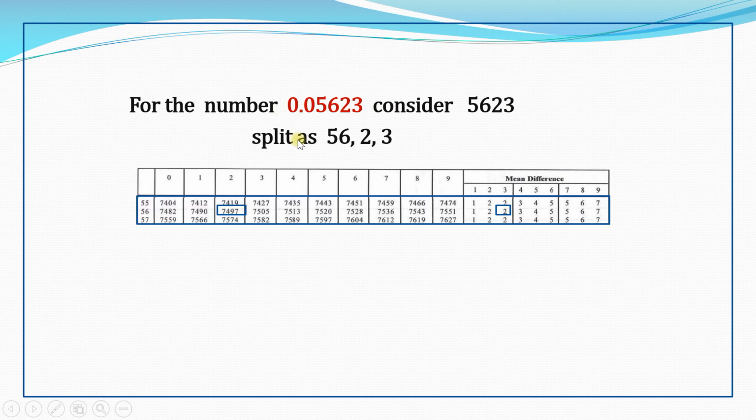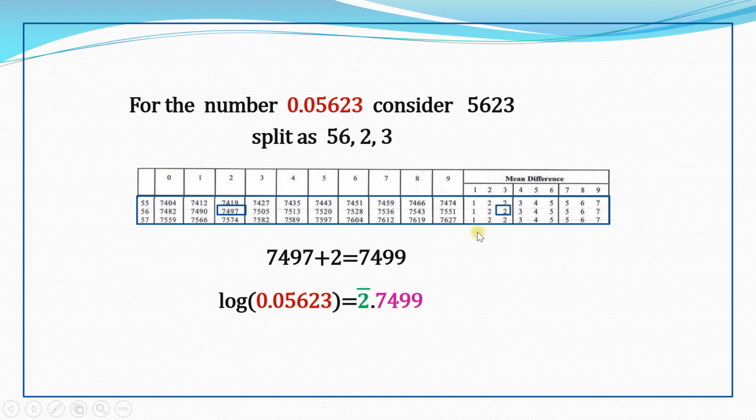In this example, you are going to consider 5623, that's the first 4 significant digits, so you are not going to take the decimal or zeros. And now you are going to split into 3 parts as I discussed earlier, and in the log table look for the 56th row under the column headed by 2, the intersection is 7497, and at the mean difference 3 is 2, so adding these two you get 7499. Now the logarithm of this number, you know this number is greater than 0 and less than 1, so you have 1 zero after the decimal and before the significant digit, so add 1 to it and take the negative sign, so minus 2 you are going to write as bar 2, and